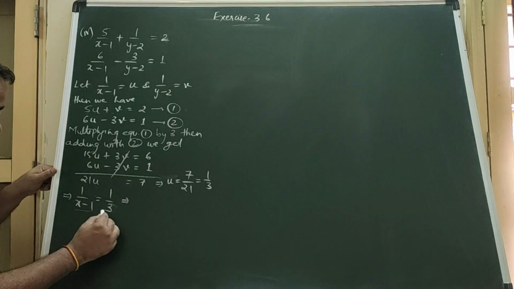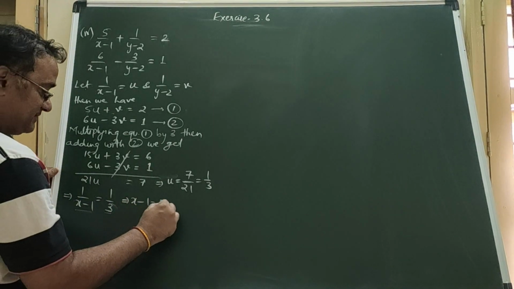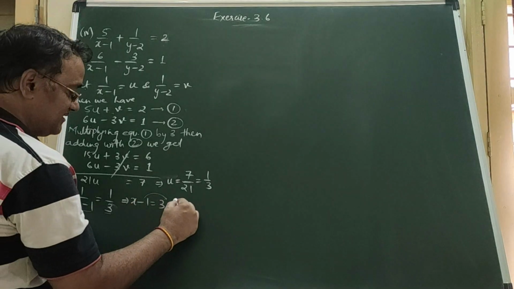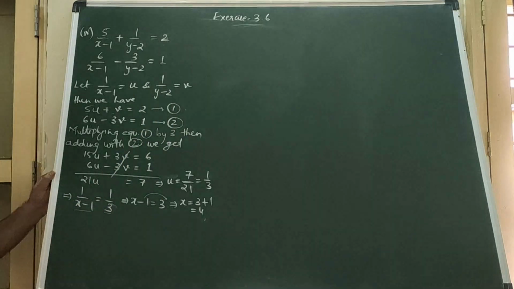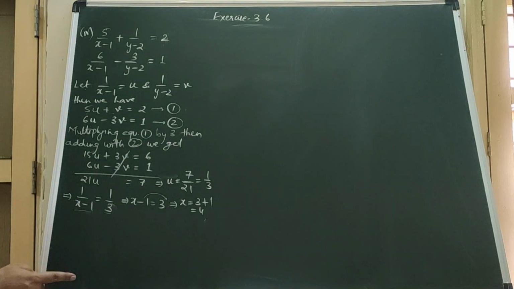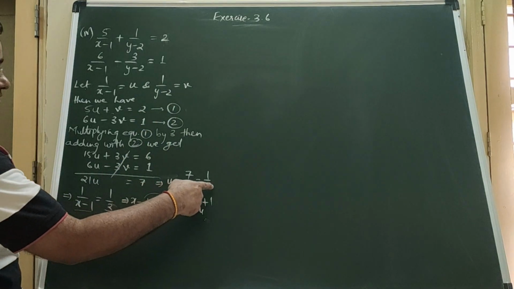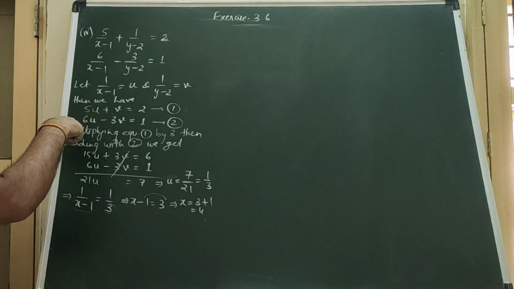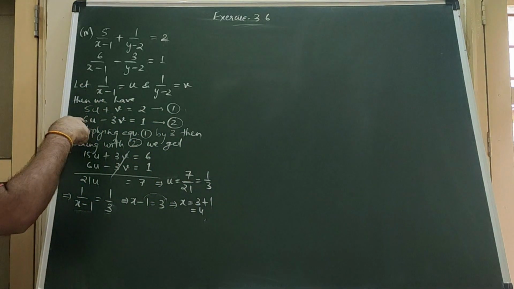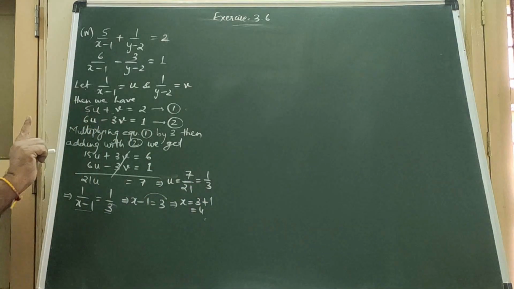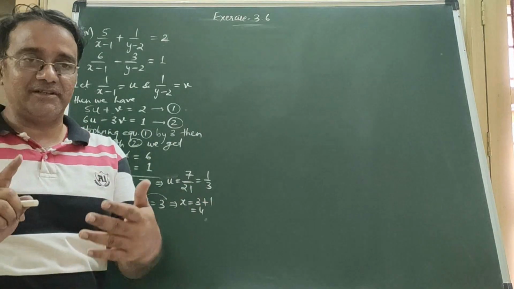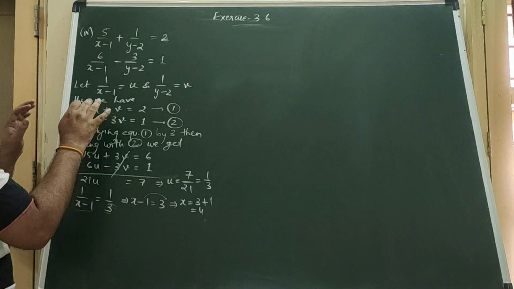So x minus 1 is equals to 3. Now shift 1 to this side. Plus 1 हो जाएगा. So answer is 4. Now we got the value of x is equals to 4. Now we'll substitute u in second equation. क्यों? क्योंकि 6 जो है वो 3 का मल्टीपल है. Right? First में नहीं करना. Otherwise answer आ जाएगा. You will get the answer. But you have to struggle a little bit.